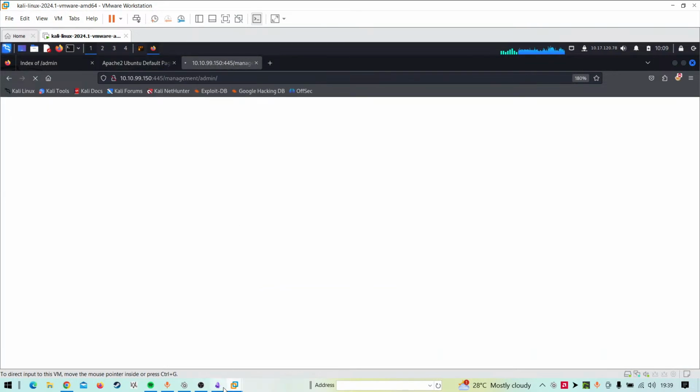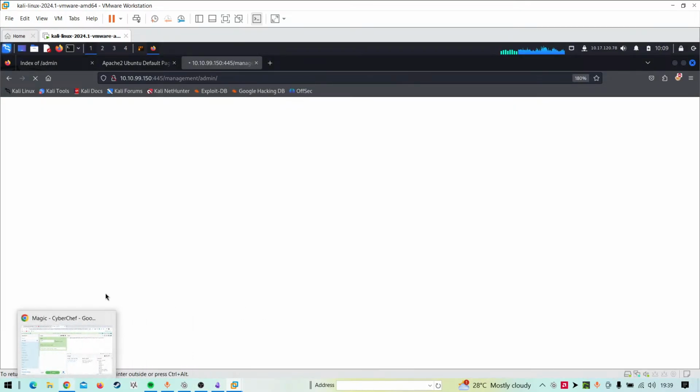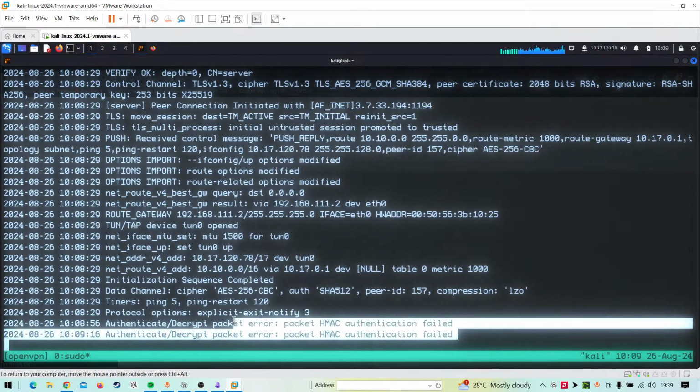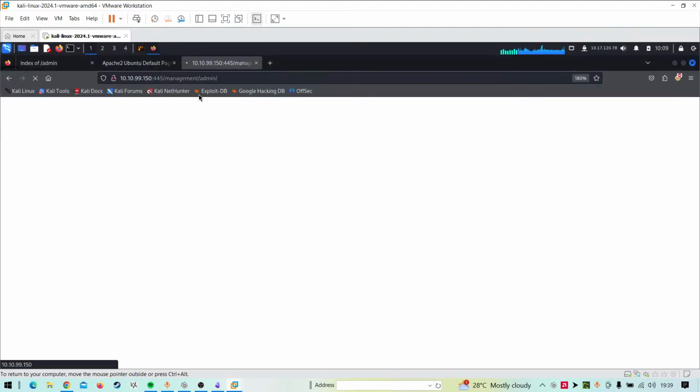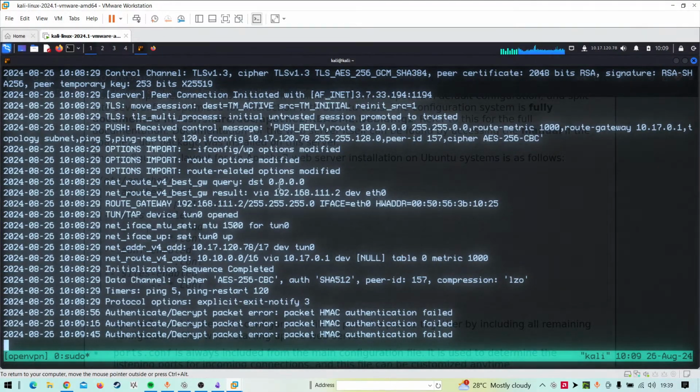Okay, so I changed my server. Hopefully that will help to sort things out. And we're getting some error again. Hmm. The most obvious reason is that my file might have been corrupted. What else could be a reason?